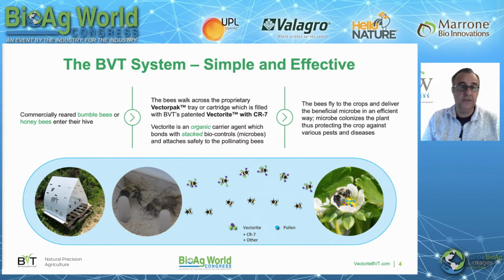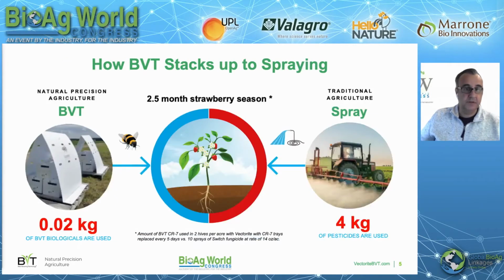And when they reach the flower, they're doing their foraging, they're looking for pollen and nectar. And in that process, the powder falls off of their bodies, colonizes the plant tissue, and imparts the plant protection properties that the farmer is looking for. The bees, in the meantime, return to the hive, bringing pollen and nectar back, and the whole cycle repeats itself during that blooming period. So that's the way the system works. We've been able to demonstrate